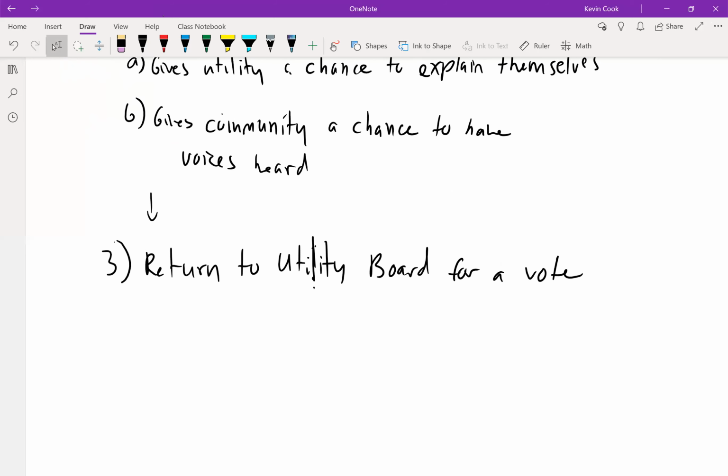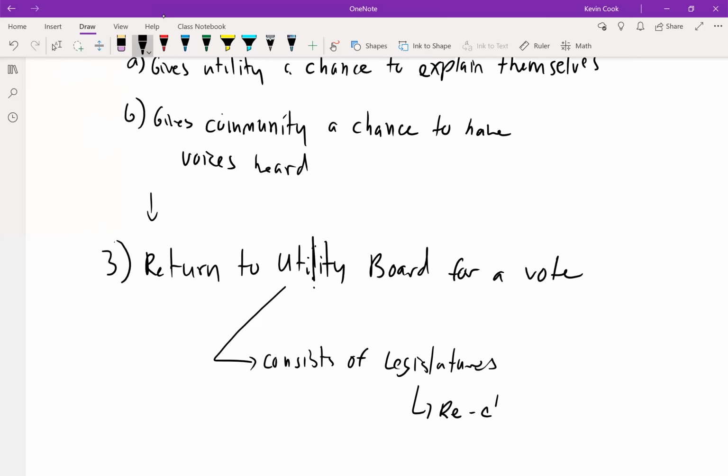But the thing that the utility board has to be aware of is, the utility board consists of legislators, and these legislators are up for re-election every X number of years. So if Alliant came in and said, and I'm going to go a little more drastic than our case, but if they said, hey, we want to increase energy rates by 200%, if they said we're going to double the energy rates,